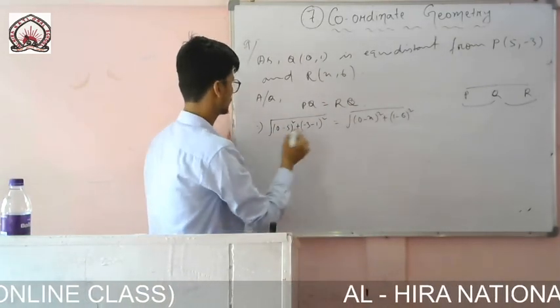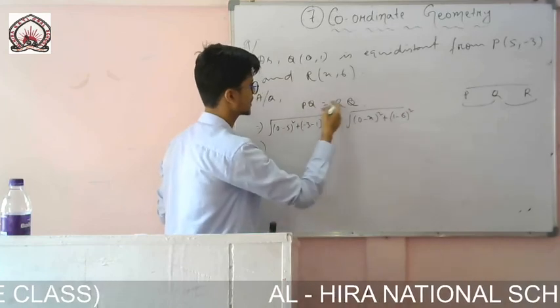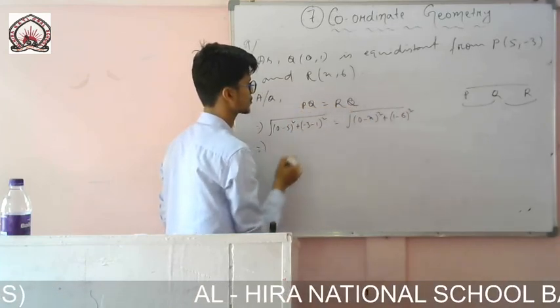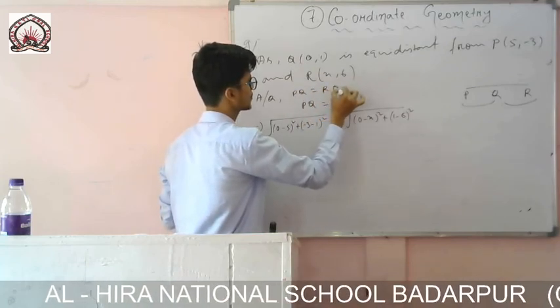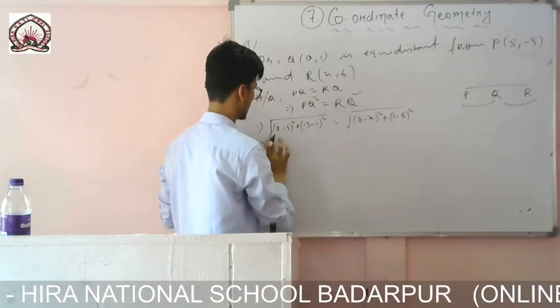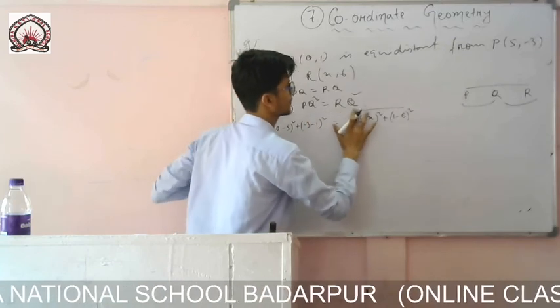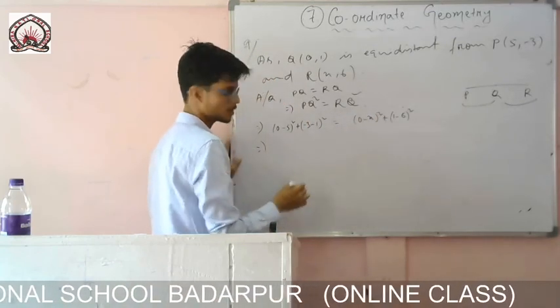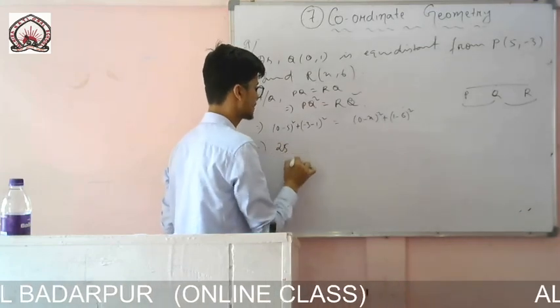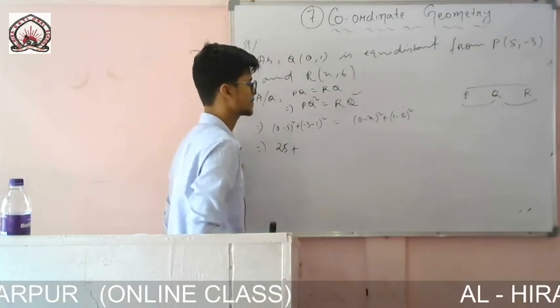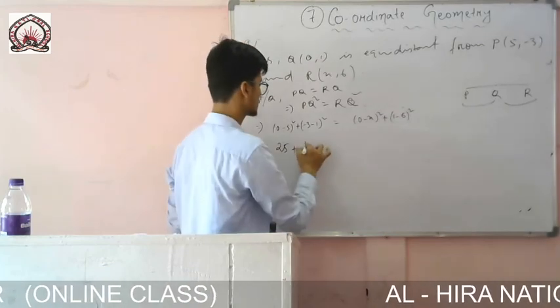Okay, so the square root is on both sides; like earlier you can write one more line with the square, it's better you write here. PQ is RQ, so PQ squared is equal to RQ squared, so no need to give the square root now. So 0 minus 5, it is 5 squared, it is 25, plus minus, it is plus, 3 plus 1 it is 4 squared, it is 16.